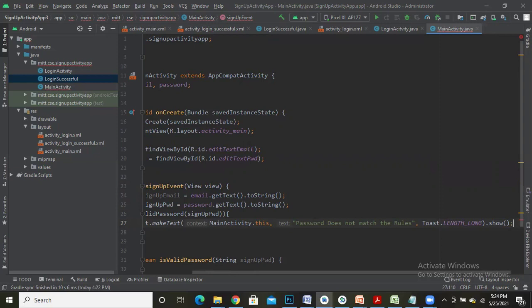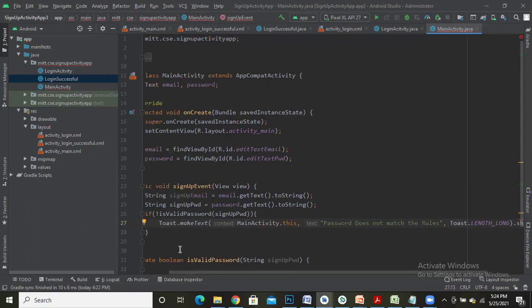So the message I'm going to display is password does not match the rule. And whatever toast message you are presenting, it should be visible for a longer duration. That's the third parameter. I had specified LENGTH_LONG. And finally, after making your text ready, I need to call the function show in order to display it. So this is what I had done here.